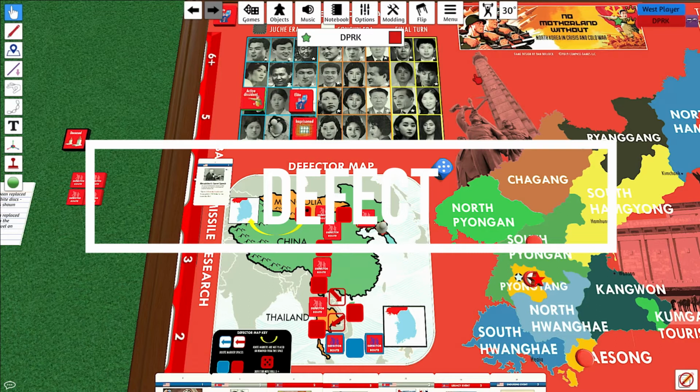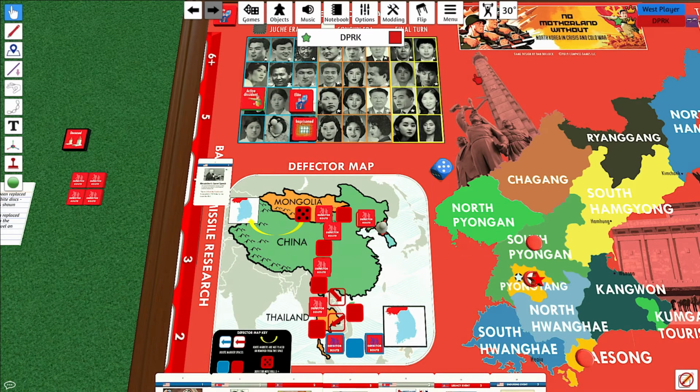Defect activity. Only one defection can be in progress at any time. You're going to mark a citizen chosen to defect with one of the defector en route markers. I've got pawns standing in for them right now in the TTS mod because they're just a little bit easier to see. But you'll have defector en route counters from your counter sheet. You'll place one of them on the generation map, and one of them will be marking the travel on the